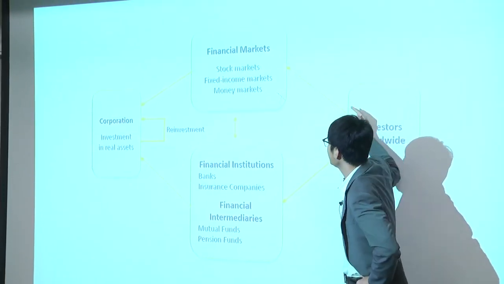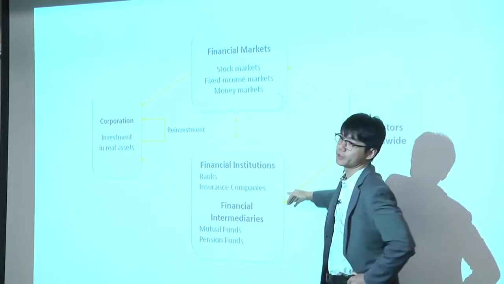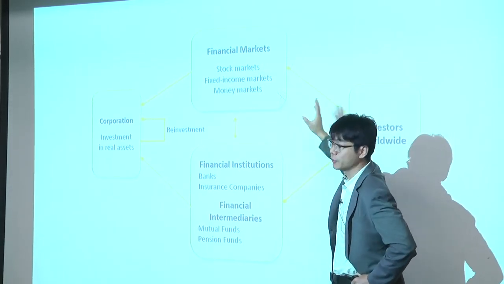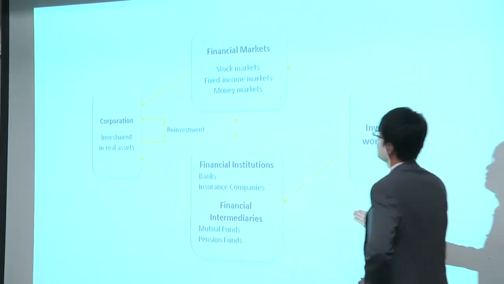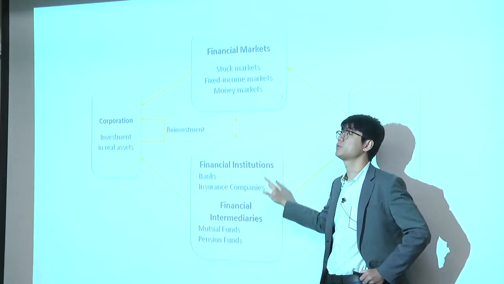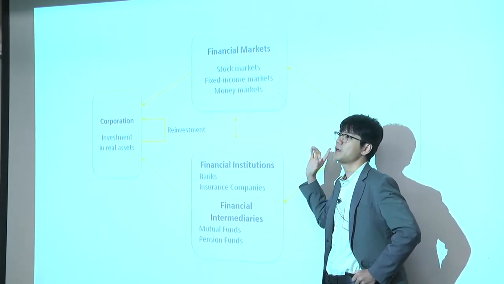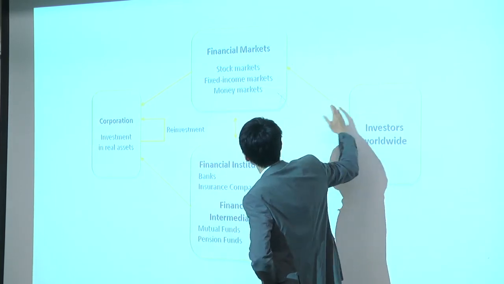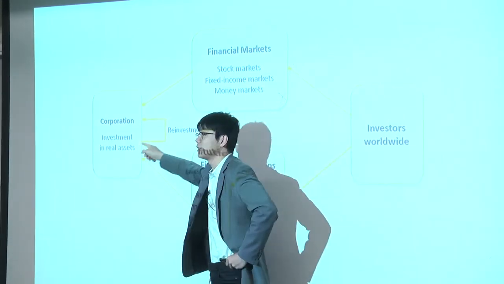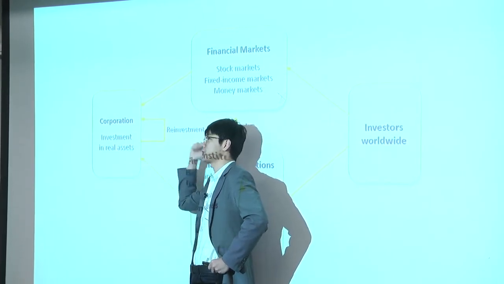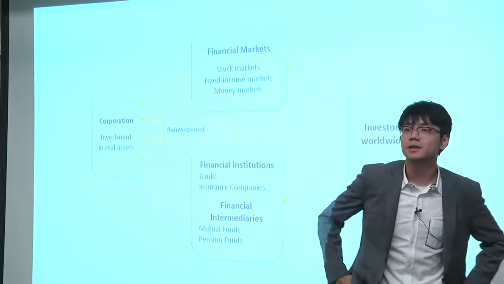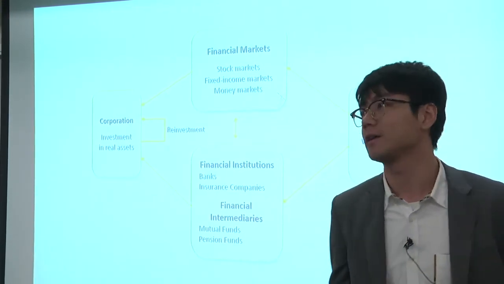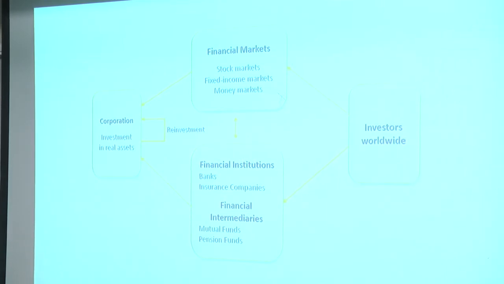The money can flow into the financial markets or financial institutions. The investors can choose to directly invest in stocks, bonds, or they can give the money to the financial institutions or intermediaries and ask them to invest for the investors. But you need to understand that the cash flows ultimately come from here, and they all end up in there. Without the investors and corporations, financial intermediaries, financial markets, and institutions have no source and no outlets.